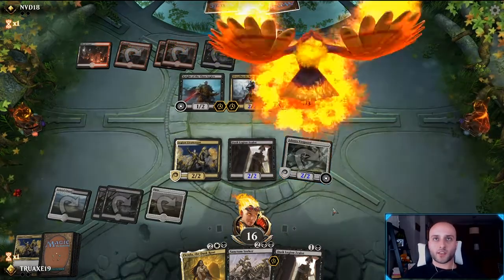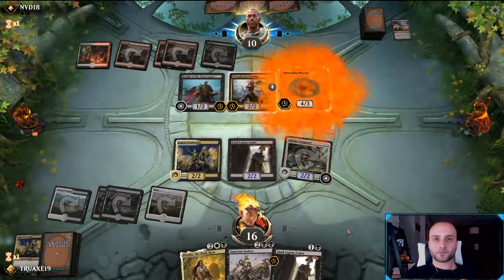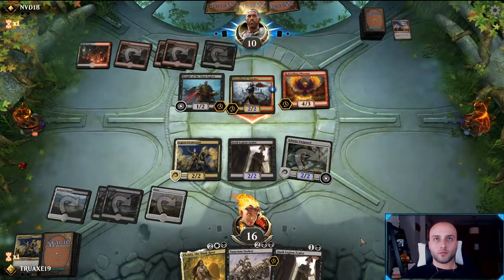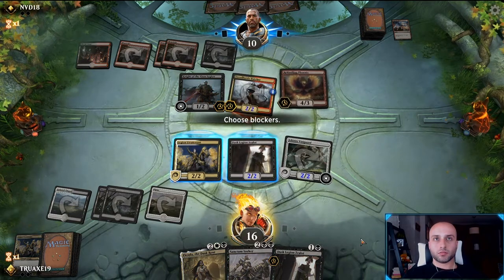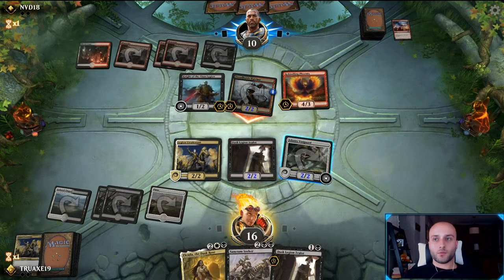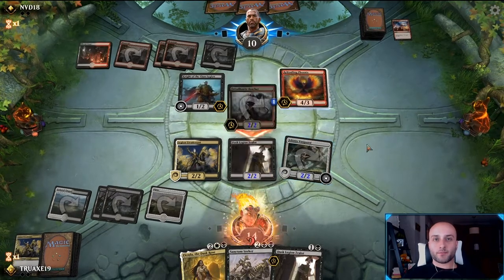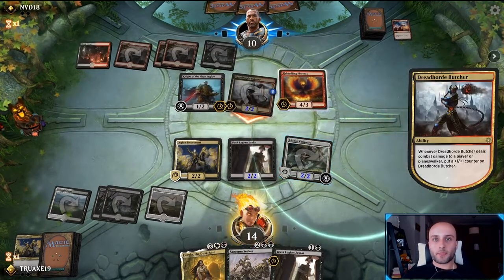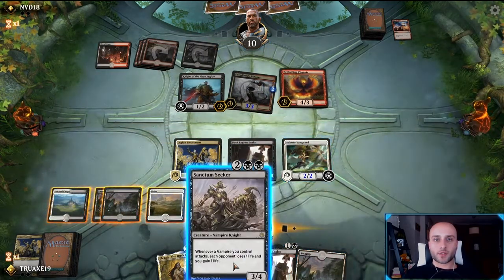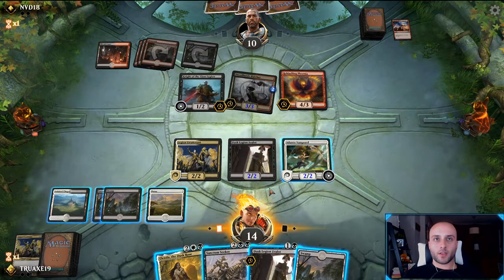Ooh, Rekindling Phoenix is pretty powerful, though. Okay, attacking here is pretty sweet. I'm gonna go no blocks. We take 2. It goes up to a 3/3, which isn't ideal, obviously, but I think we do need to start doing some other stuff. So I'm gonna go ahead and...